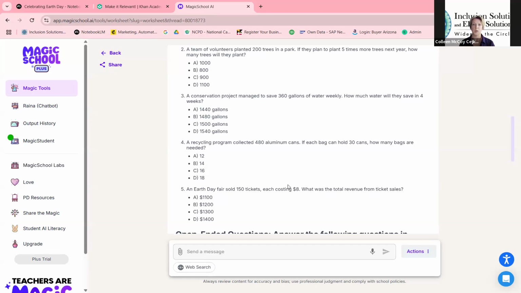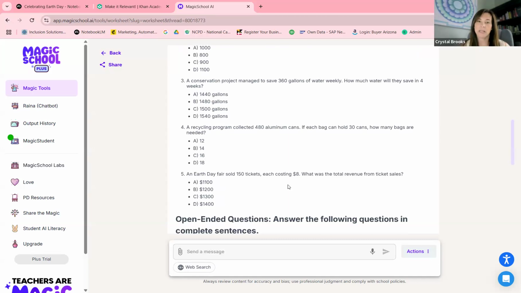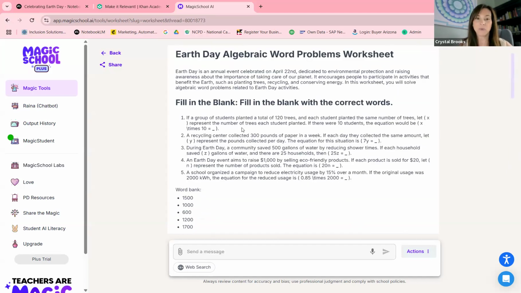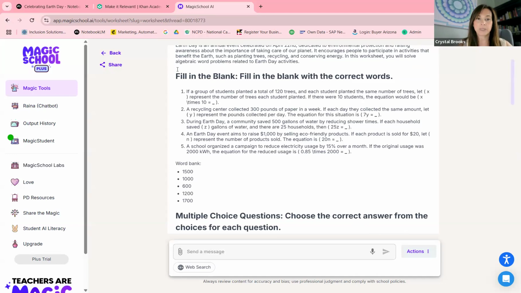And that's where Crystal was saying, you've got to use your teacher brain to think about those things too. So if you're differentiating and you want to use this, you certainly can. You've just got to double check your work, double check the AI's work. That's right. And then what you can do once you're satisfied with it,